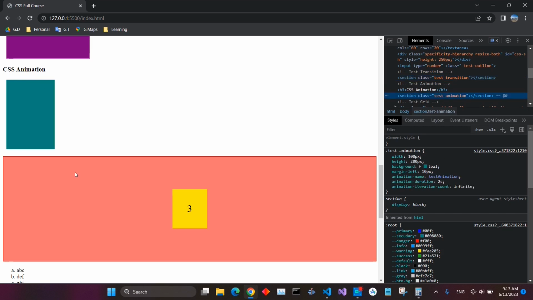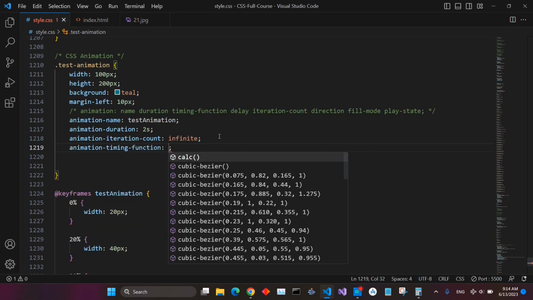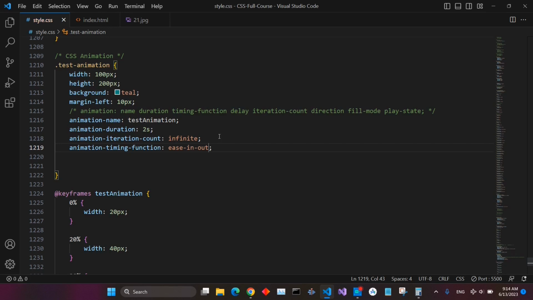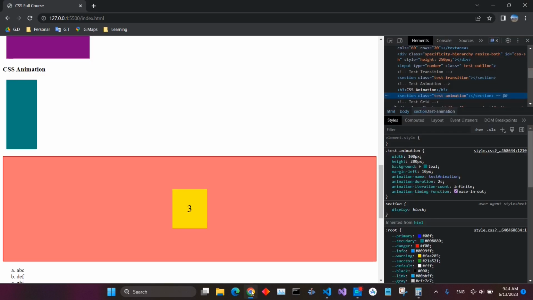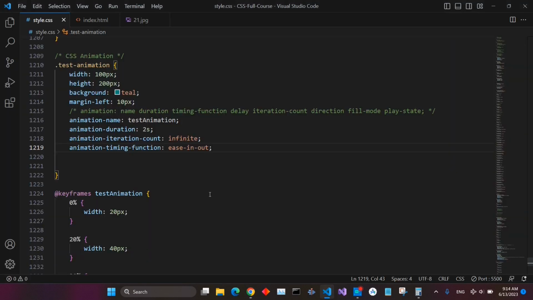Now you see the animation does not look so good. It is because of the animation timing function. Here you have ease-in-out. Let us try that. It is a little bit better. You have ease-in,